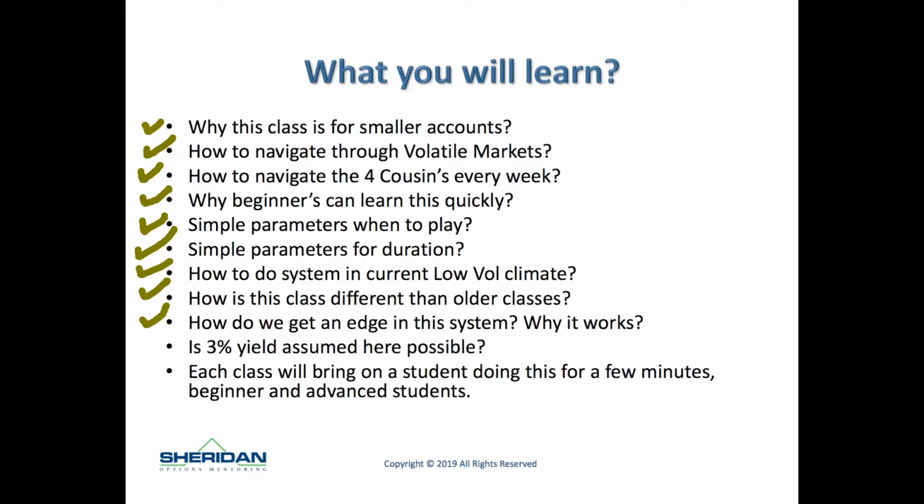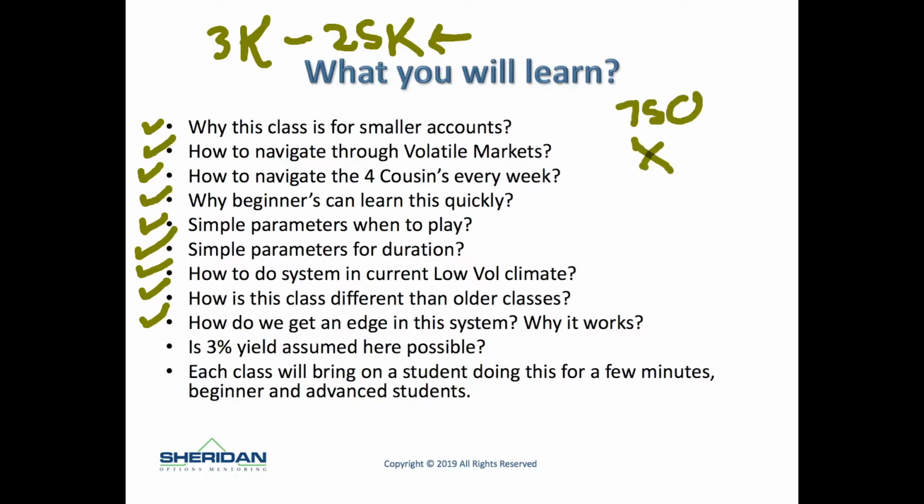When I say how to make 3K on 20K, 25K, what are my assumptions? The assumptions are you're looking at about $3,000 a month. If you look at 25K, what's 3% of 25K? 750. So we're looking at 3K on 25K: 750 a week times 4 would be $3,000. Now, is that realistic? Where did I get this $3,000? Did I get it from